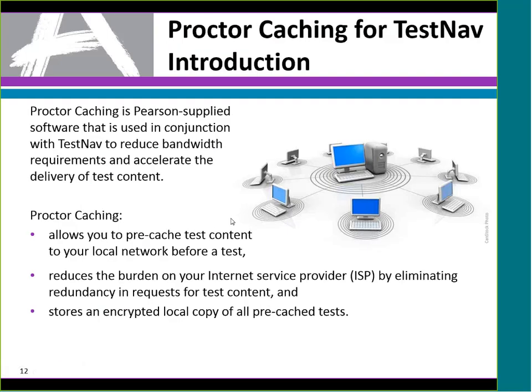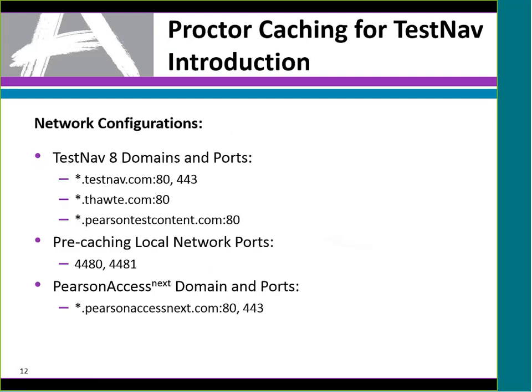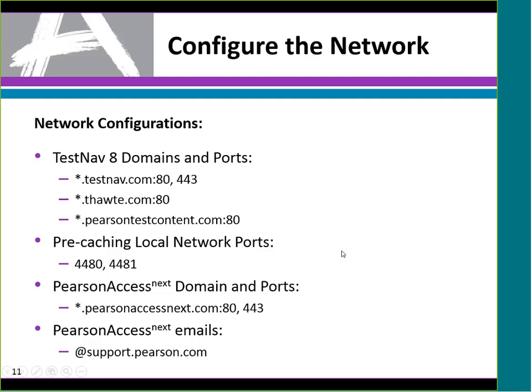I guess we jump right into Proctor Cache here. Before I do that, I just want to say one more thing on the network configurations. Content filters are one of the biggest call drivers on the technology side. For most networks, these are the whitelist URLs and the ports. This is really all you have to take care of. There are some networks out there that are very highly restricted, very locked down, blocking certain extensions, which can cause videos not to play or images not to come up.